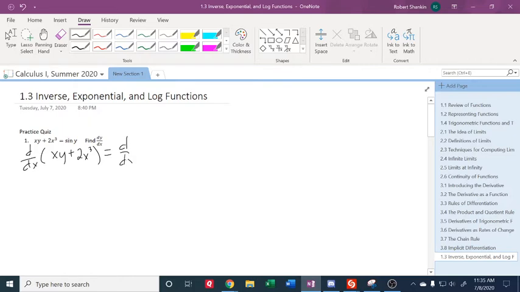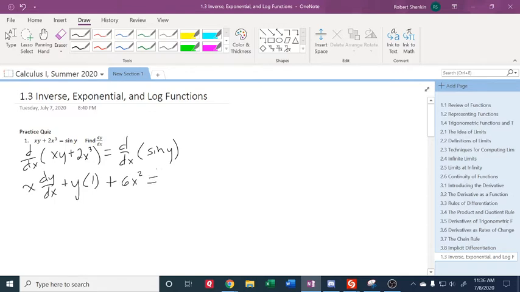So this is the verb. It's the action of take the derivative with respect to x. When I distribute that to the xy, I got to use the product rule. So it's the first times the derivative of the second, d dx of y, which is dy dx, plus the second times the derivative of the first. But when I take the derivative of x, I get 1, plus, and then this derivative is 6x squared